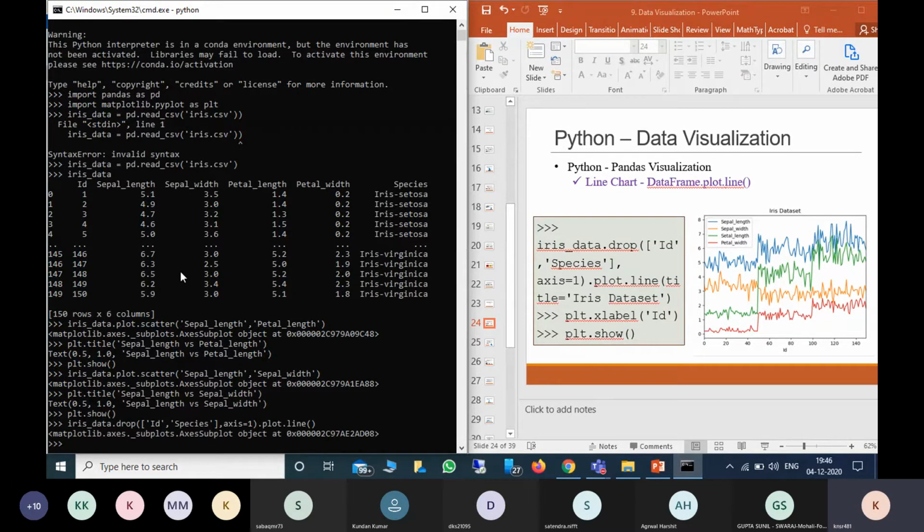Now I want to mention the title. In plot dot line I can mention title equal to iris dataset inside, but I am mentioning it separately.